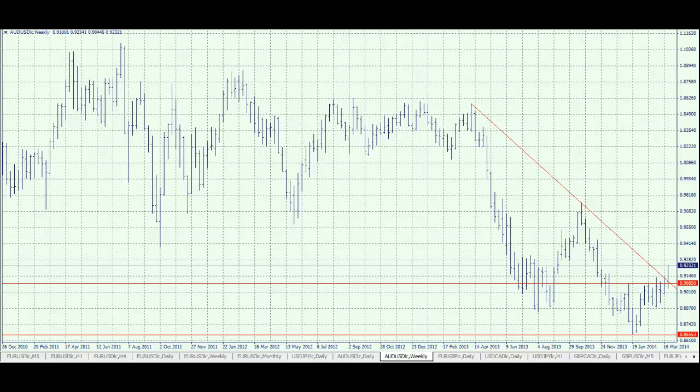We can start today. We're talking about the Aussie, which has been a key focus and is pulling most of the commodity currencies, the New Zealand dollar and the Canadian dollar higher with it. It was the one that's been most under attack. If you look at the weekly trend line that dates back to mid-April of 2013, it was broken this week at 90.95. So you can see technically why it's moved higher.